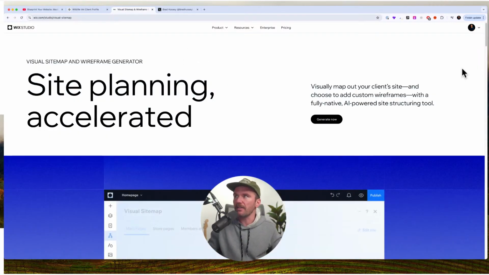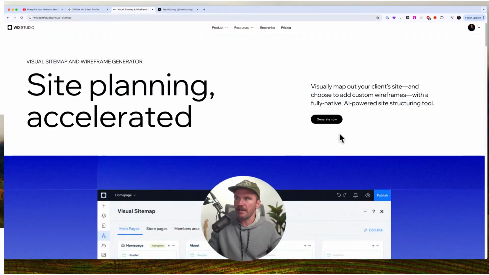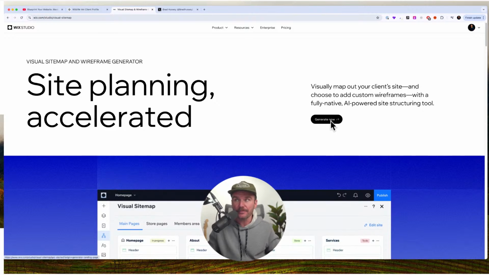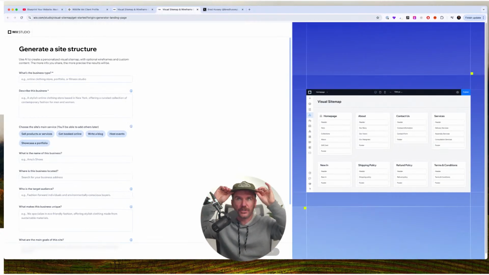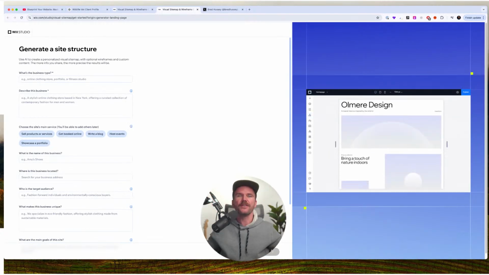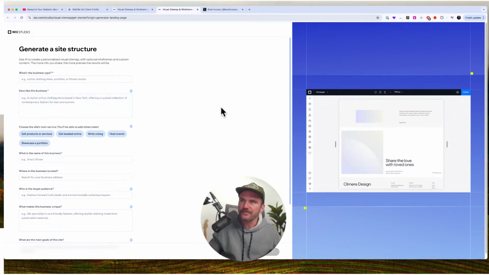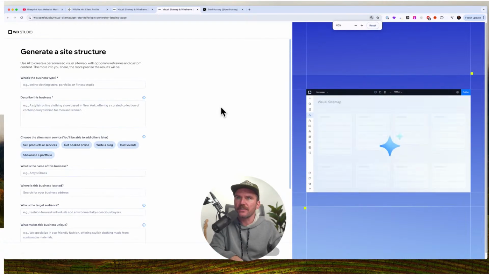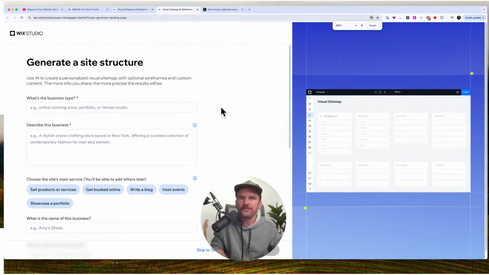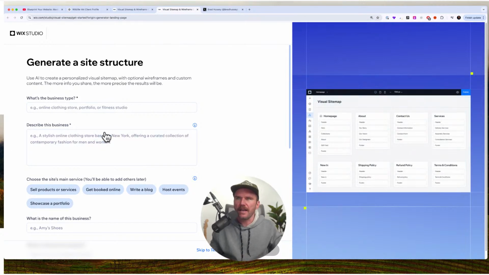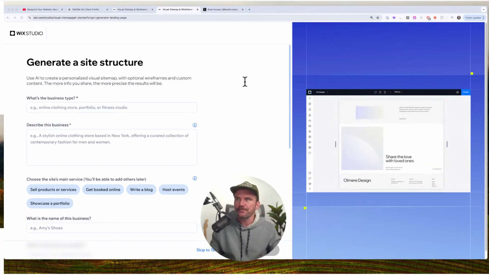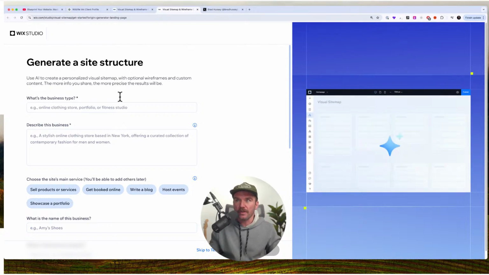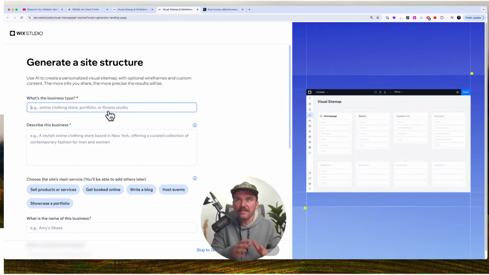So let's do that. What I'm going to do, since I'm on this screen here, I can actually just click generate now, and it will take me directly to the actual editor for generating site structure. So this is like the wizard, the Wireframe Wizard. And I'm going to zoom in on my screen so you can read this better. All right. And I've got a bit of an idea here for what I want to showcase. So what I'm going to do is, the business type